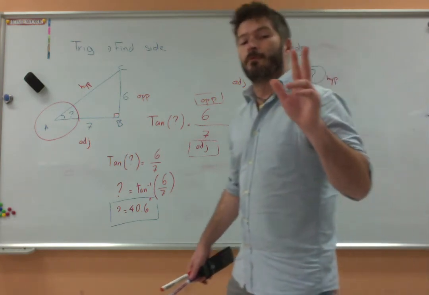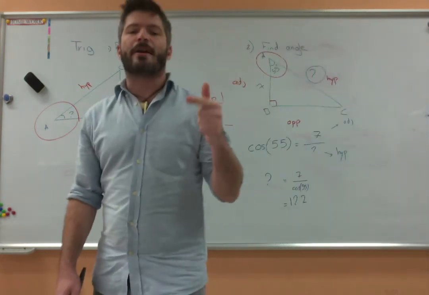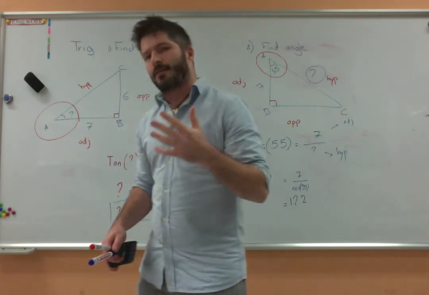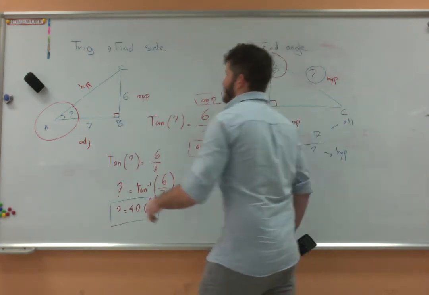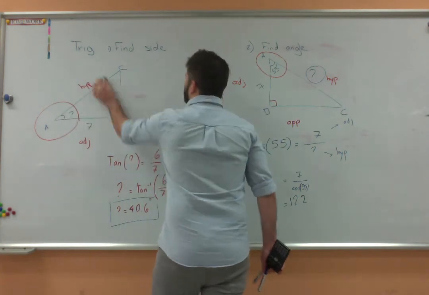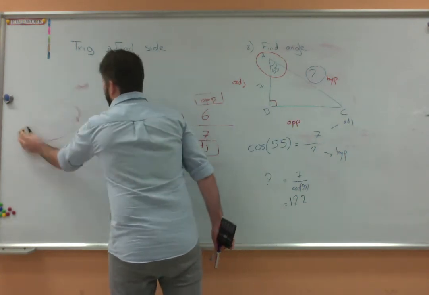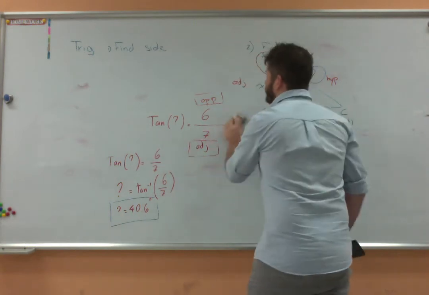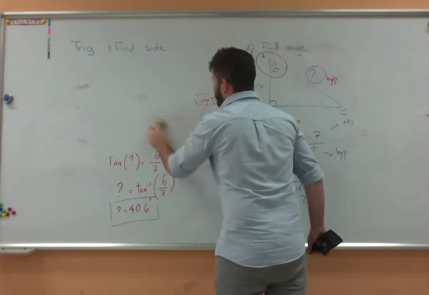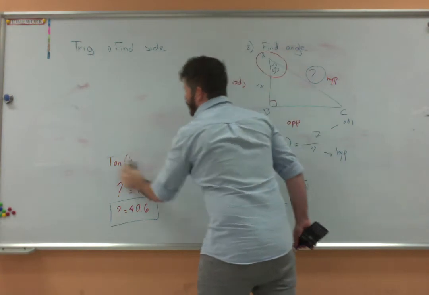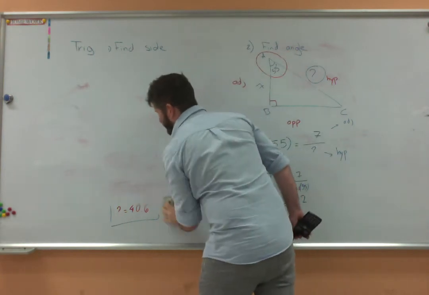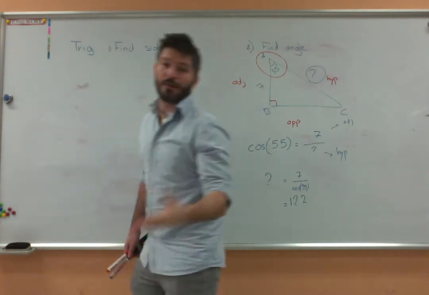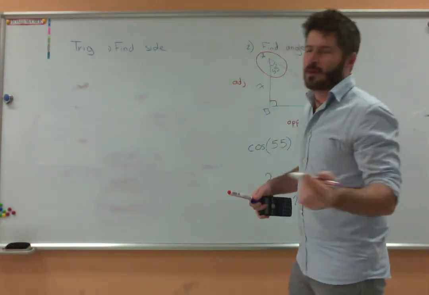Now, we know how to find sides, and we know how to find angles. But there are a couple of other questions that you may get from trigonometry. For example, what if they ask you to find something like the area of a triangle? So stick with me for a second, and I'm going to give you a brand new problem. This problem will be considered intermediate, challenging, or advanced. So let's say we have a triangle, all right,